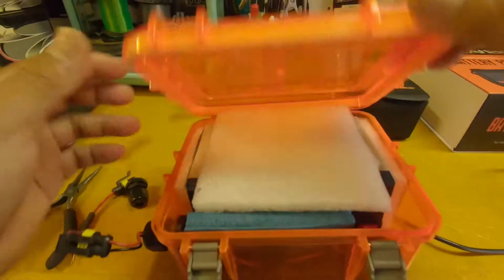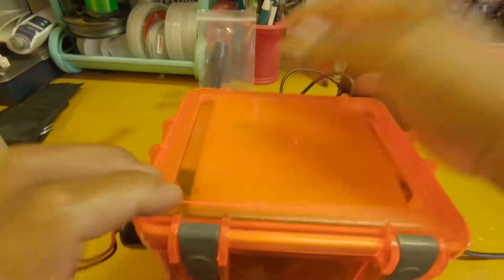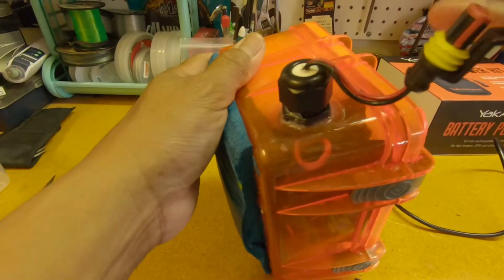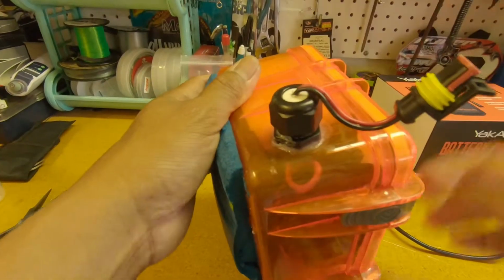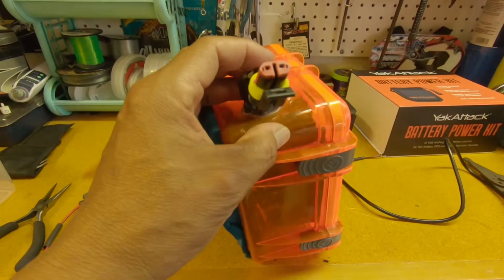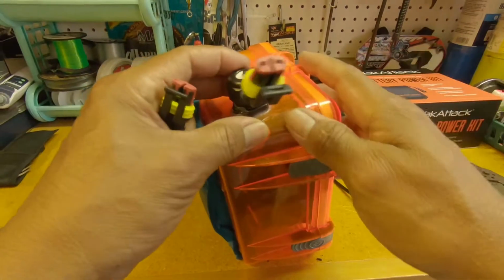As you can see here, I'm using this box that everybody gets from Walmart, and it works very well. I'm going to be using the same method to make the wires exit the new case, but this is a liquid tight fitting, and then these waterproof connectors I got from eBay. One thing about these connectors, you can get them like a 10 pack and 20 pack, however much you want, but